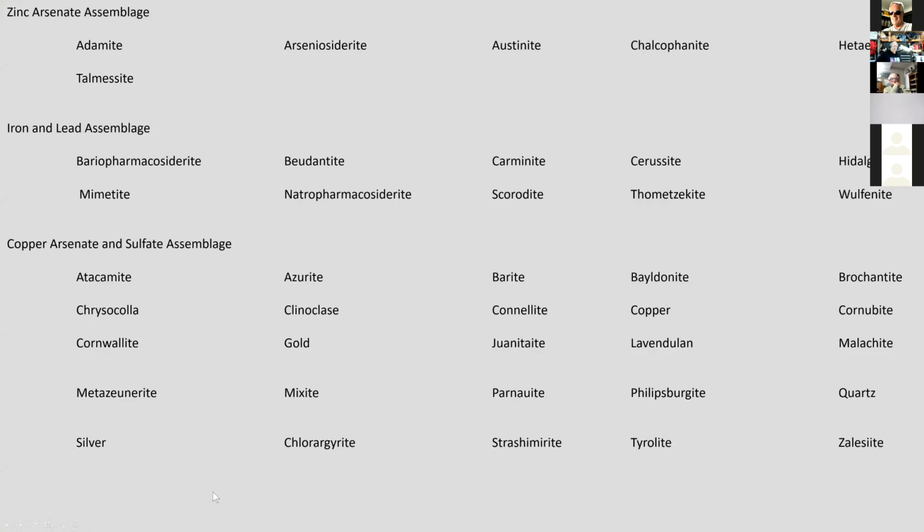And a version of what was in the Mineralogical Record on the different assemblages. This does not cover all the minerals that are found there by any stretch. And there's a few things that are now questionable. The tometskite: once gartrellite was discovered in Australia, and they took a look at the tometskite from Gold Hill, they discovered it was gartrellite. It's still listed here, but according to the late Bill Wise, everything that he analyzed turned out to be gartrellite. And then the other interesting one, the Phillipsburgite,